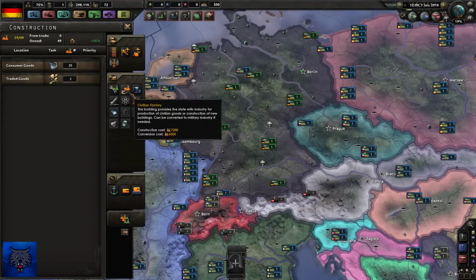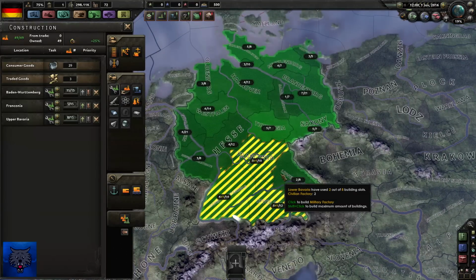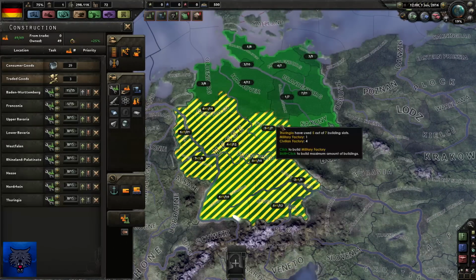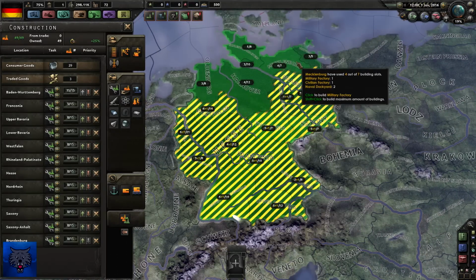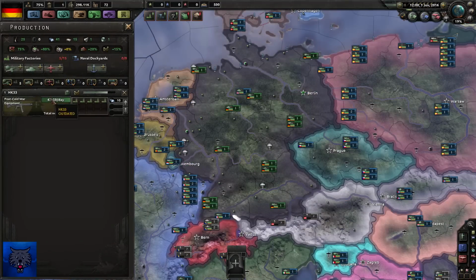So we can't actually get any nuclear reactors just yet. What I want to do is put military factories all over Germany. I'm curious to see what resources we have at the moment. This is going to be a lot of fun, this series. I can't wait. So we've got post-war...